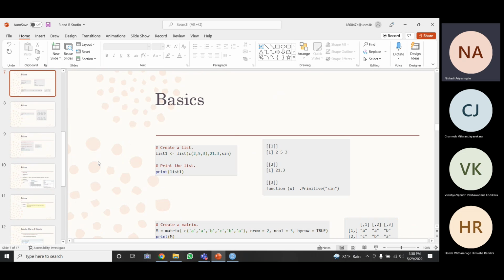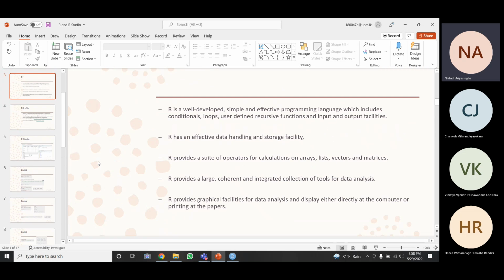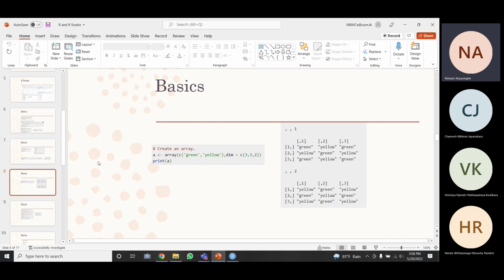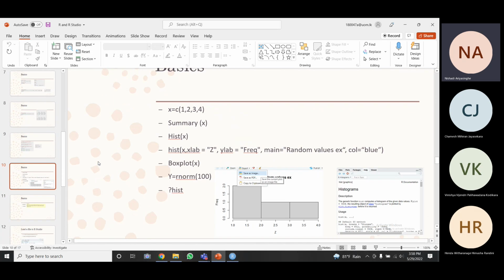So prepare with the basics, and you will be able to understand easily what we are going to do next week. Download R, install it, download RStudio and install it, and do these basics. Be familiar with the basics.